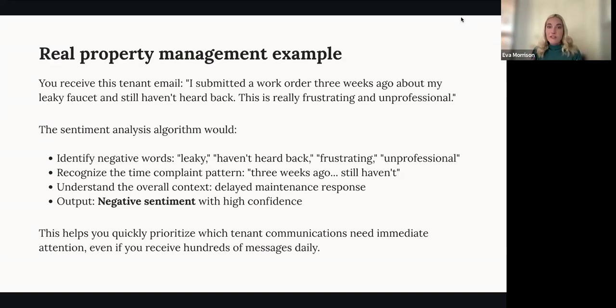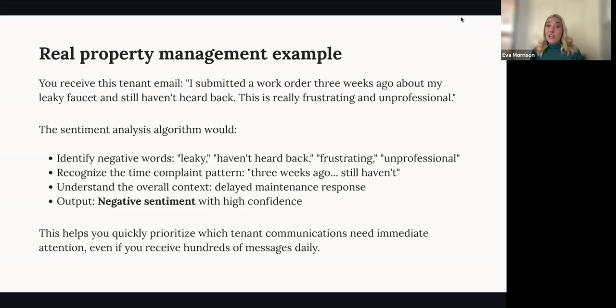It takes all of that data, pulls out those keywords, buckets it into a key category, and then actually outputs that this is a negative sentiment. And it can say that with really high confidence, based on all of these categories and layers that it's gone through and identified the negative phrases and connotations. And this is going to help us really quickly prioritize where our teams need to be spending time.